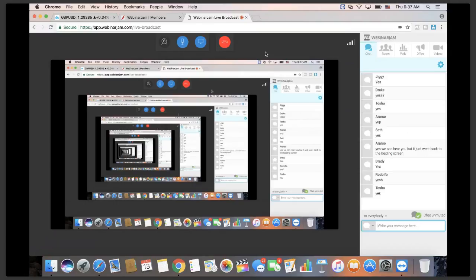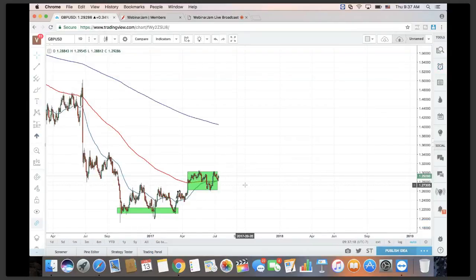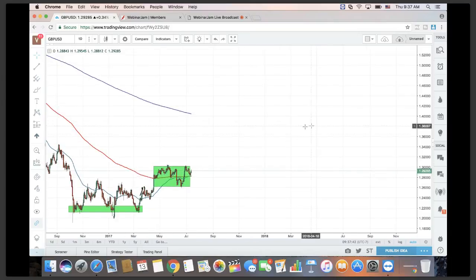Okay. So I don't know where I left off, but I'll start over again. Basically, what I was trying to say is, if we had to think about levels, it's basically a channel of support and resistance. Okay? That's all it is. It's a channel of support and resistance. And understanding the support and resistance in this channel